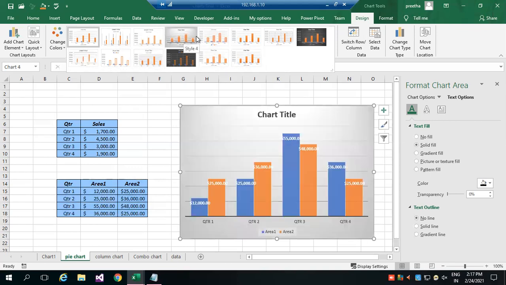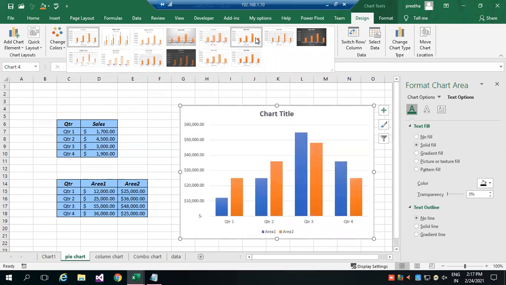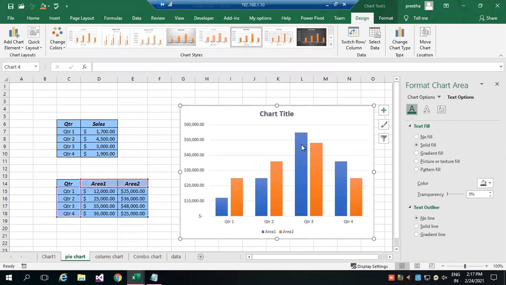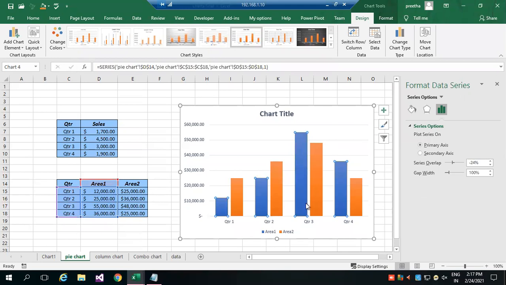At the same time, as I said in the last class, you should be able to select for each one. For example, only area 1, I wanted to give more presentation. Right now you can see all the blue color bars are selected.